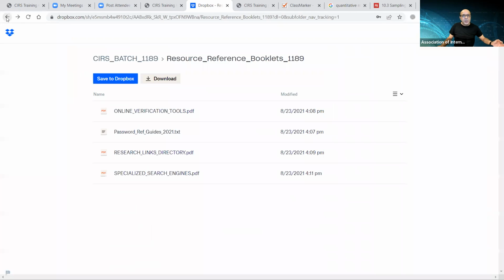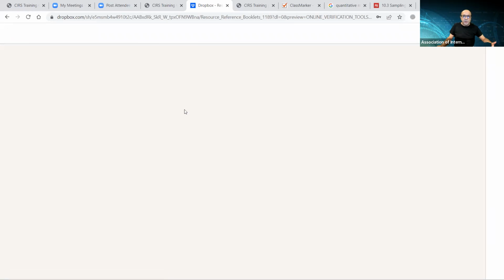Okay. Similarly, you have a list of online verification tools, most useful for you, Steve. If you want to try it out, you could see that it has a lot of tools, some of which I never knew existed, but because we have volunteers that are continuously providing us with this information and updating our databases, the likelihood is that if anything we missed out, it may have been picked up by somebody else and contributed in this booklet as well.